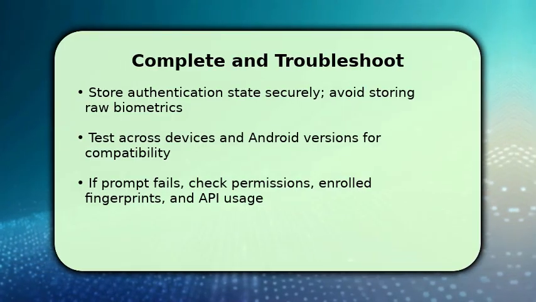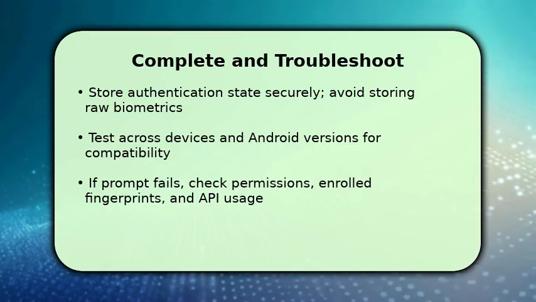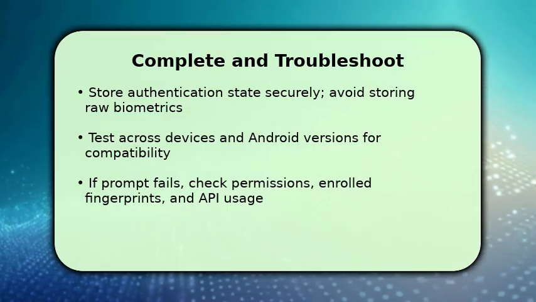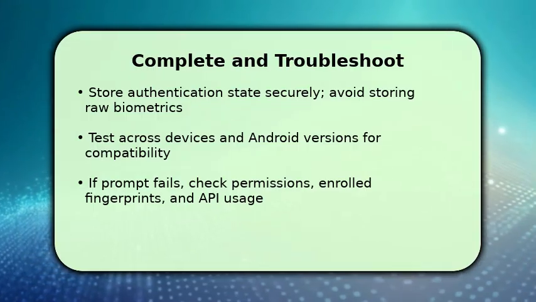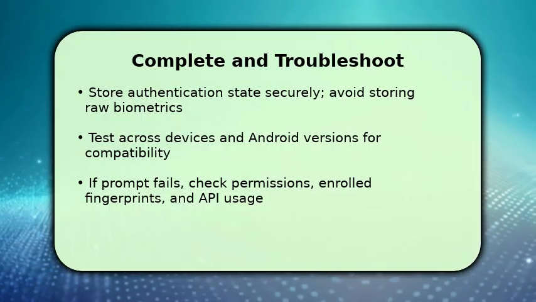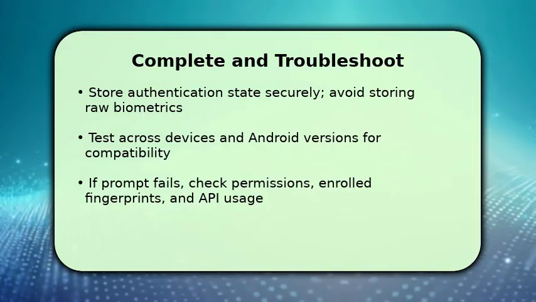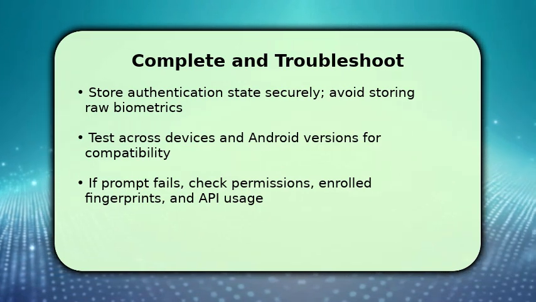Once implemented, test on multiple devices and Android versions to catch vendor differences. If you encounter problems, first verify runtime permissions, enrolled fingerprints in system settings, and that you use biometric prompt correctly. Also inspect Logcat for error codes. Finally, provide a reliable fallback method so users aren't locked out of your app if biometric